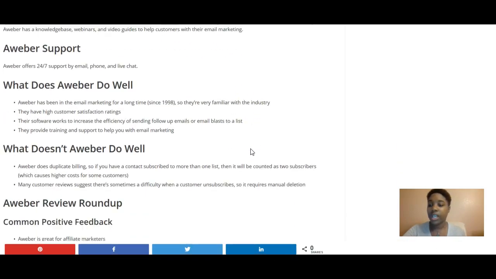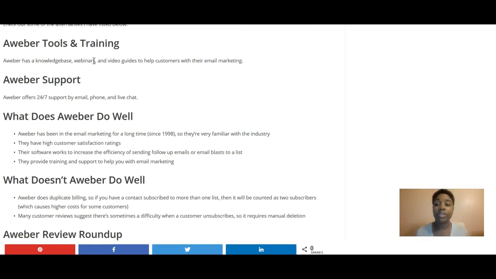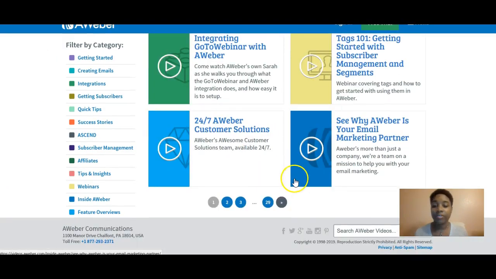So what does Aweber do well? Aweber support. Aweber offers 24/7 support by email, phone, and live chat. And that's something that is actually fairly new. So if you go,